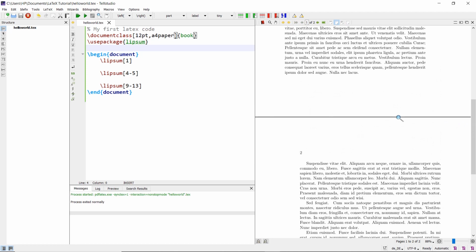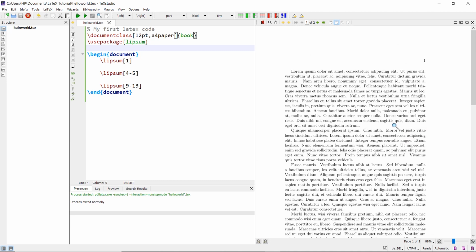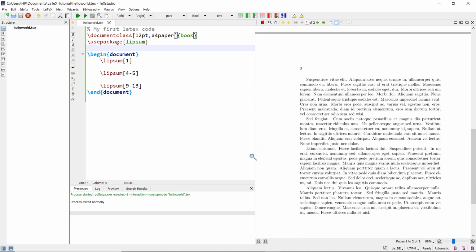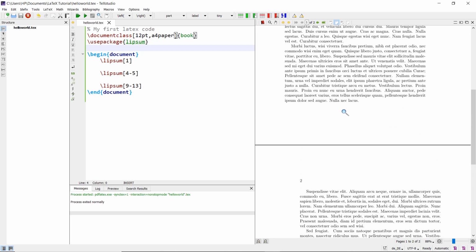Now you might ask why this is so. The reason is because books are bound and they are typeset 2 pages at a time. So book ensures that the odd numbered pages always have the right hand side margin as a large number, and even pages have left margins as a large number because it will be bound in the middle.